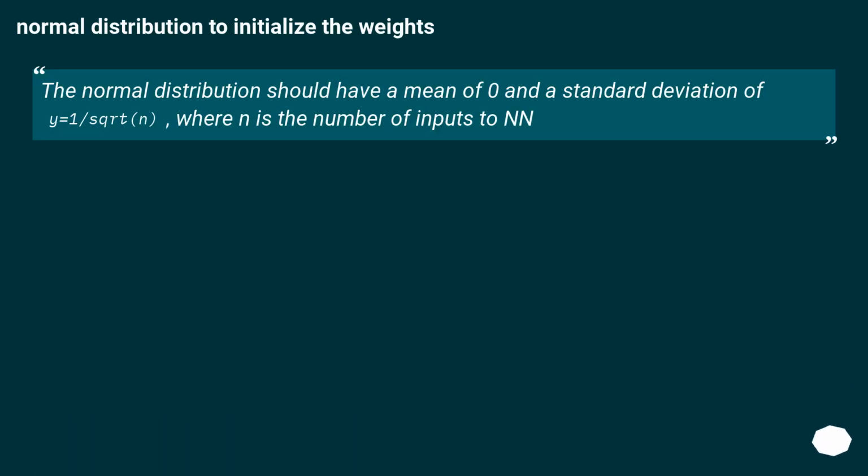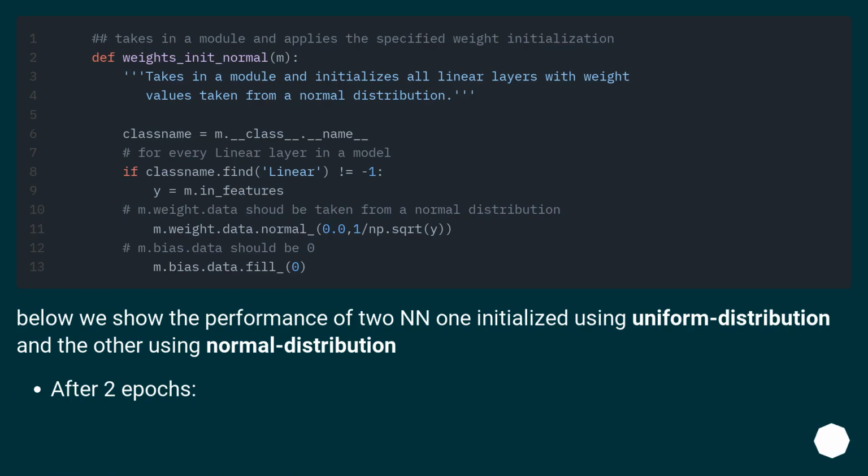Normal distribution to initialize the weights. The normal distribution should have a mean of 0 and a standard deviation of y equals 1/sqrt(n), where n is the number of inputs to the NN. Below we show the performance of two NNs, one initialized using uniform distribution and the other using normal distribution. After 2 epochs,